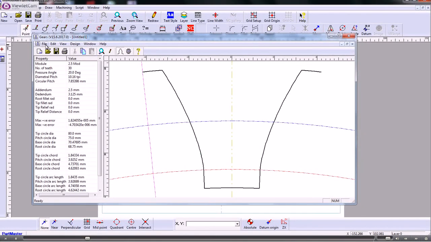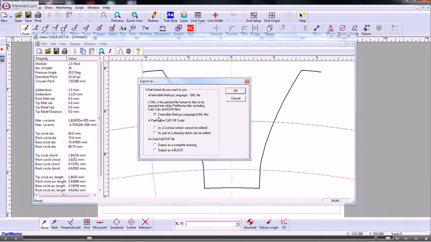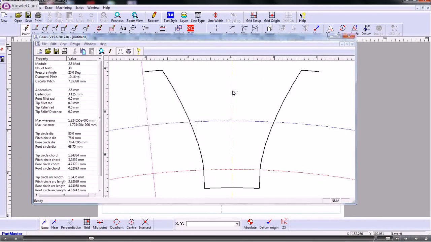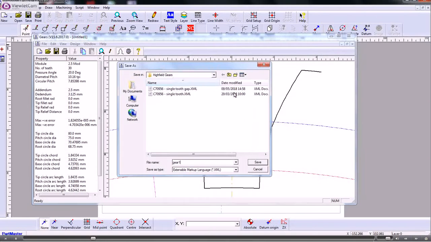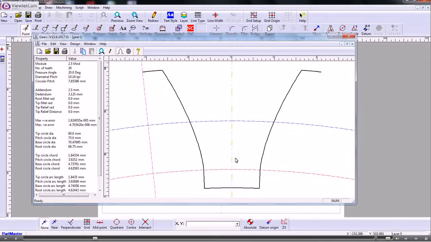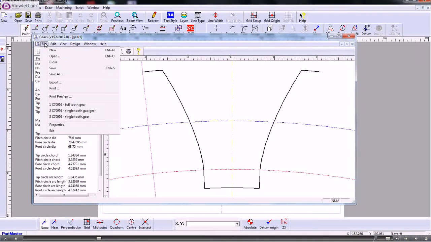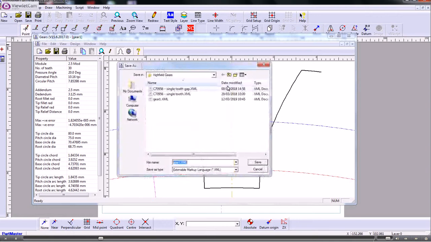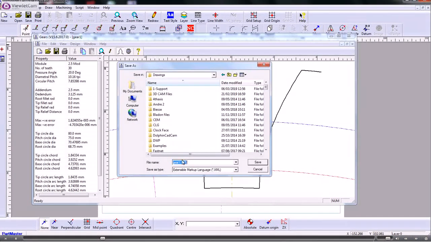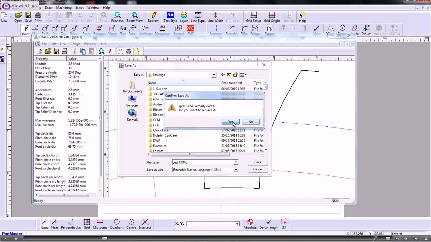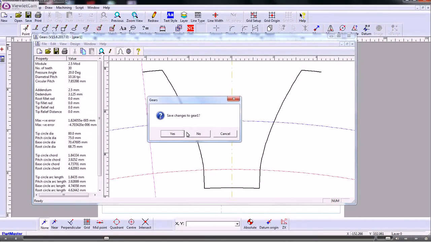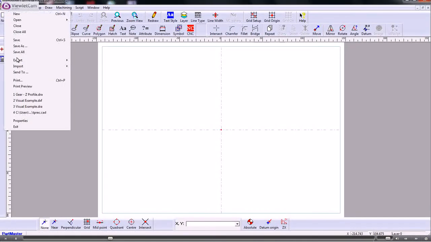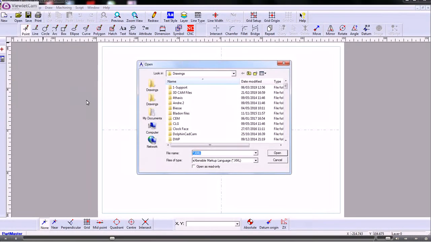So we'll export that. We'll export it as an XML file. And then we can close down that window. In fact, I'll just export that again so it's in the right folder. Right, so that's called Gear 1, that's the XML file. Close down the gear module. I don't need to save the gear in its own right because I've got the XML file. So now here I can import that XML file, and that was called Gear 1. That's that one